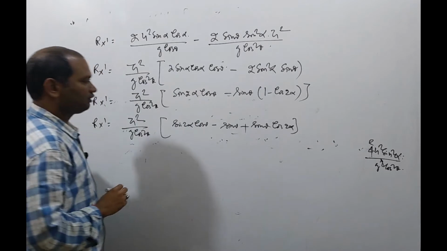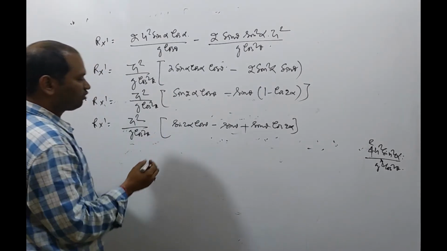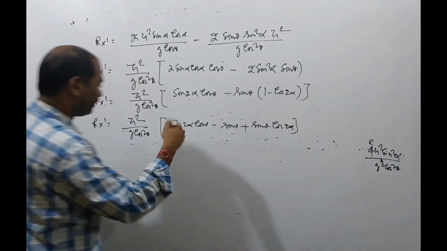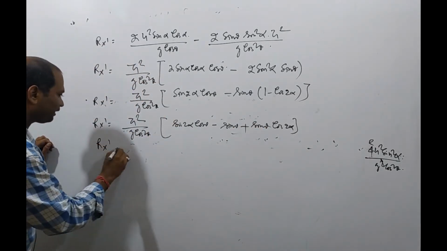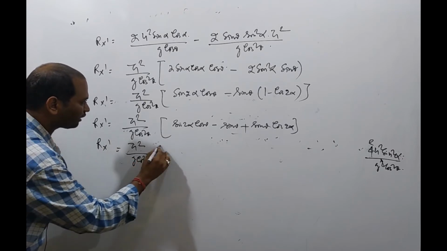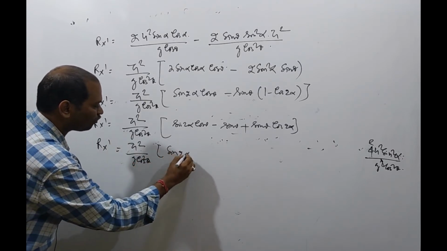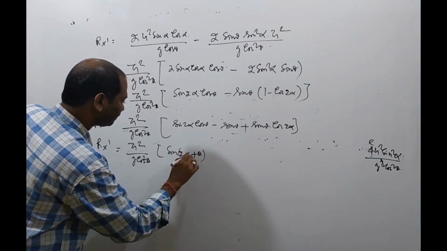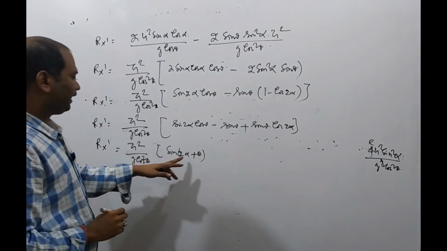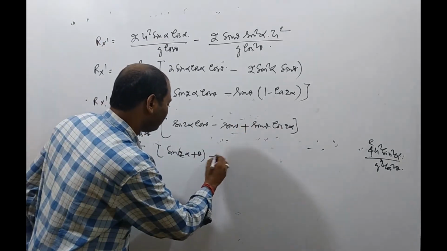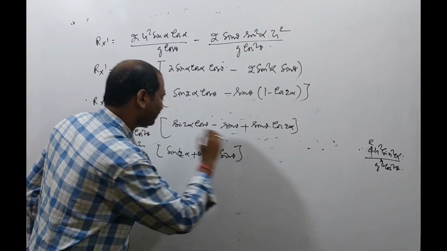Okay, that equals, here you see sin a cos b plus cos a sin b, sin a plus b. So Rx dash is equal to u square by g cos square theta sin 2 alpha plus theta, sin a plus b, sin a cos b plus cos a sin b, minus sin theta. Okay,